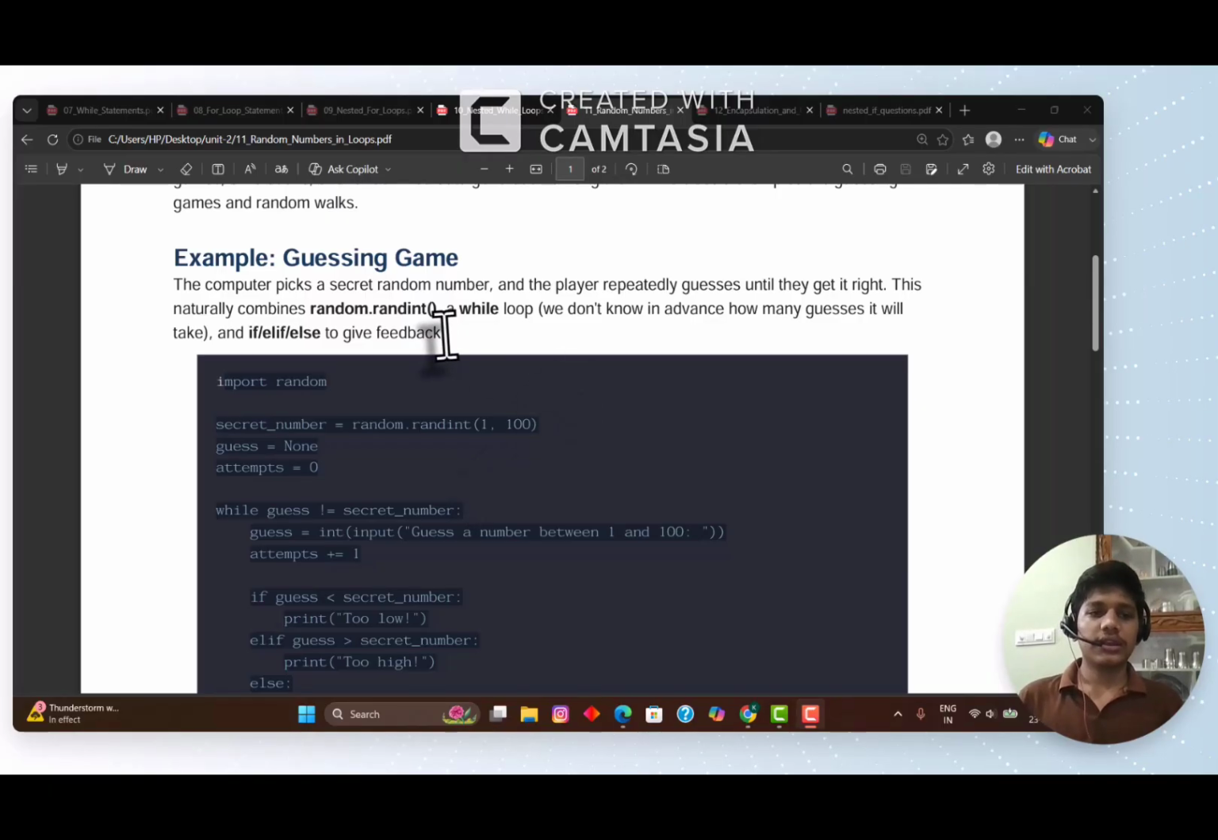So now, the guessing game. See here, he has given the example. We go directly to the examples because you already know the meaning of random numbers. It will pick random numbers. If you use the uniform function, then it will pick a random float number. So here we are going to an example that explains